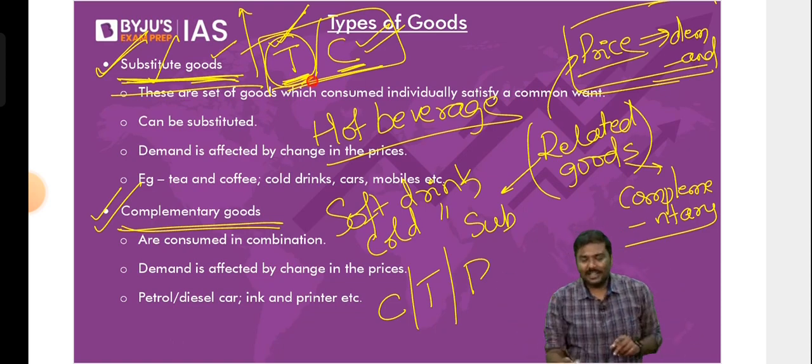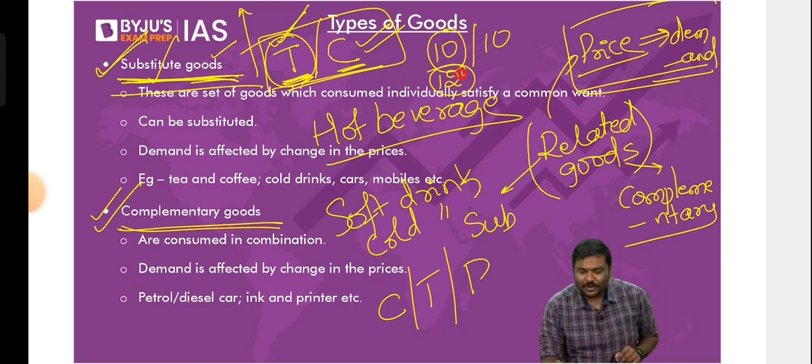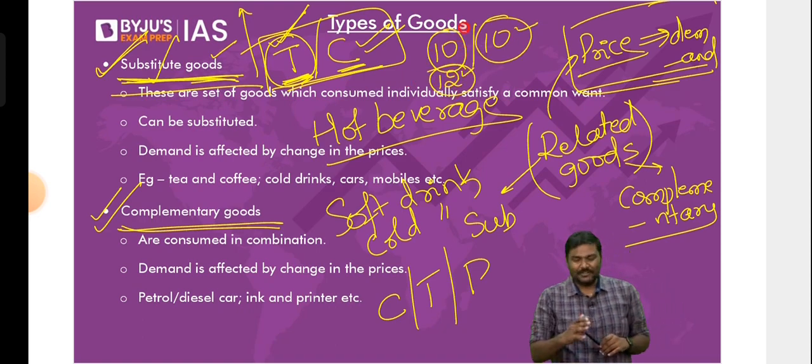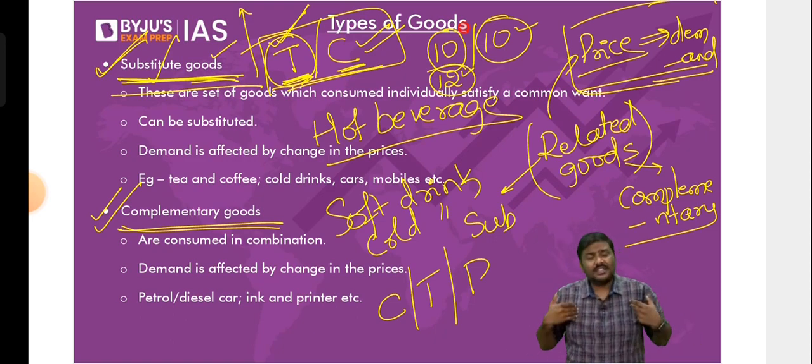So how much? I'll throw out numbers. Imagine last week both the tea and coffee were 10 rupees. Now you're going to the same hotel, and the price of tea has increased to 12 rupees. Now will you purchase tea or coffee? Most of us will simply say, sir, we'll simply shift. We'll simply start drinking coffee. Why? Compared to tea, coffee has become cheaper. I understand this? Compared to tea, coffee has become cheaper. So because coffee is still 10 rupees, I will purchase it.